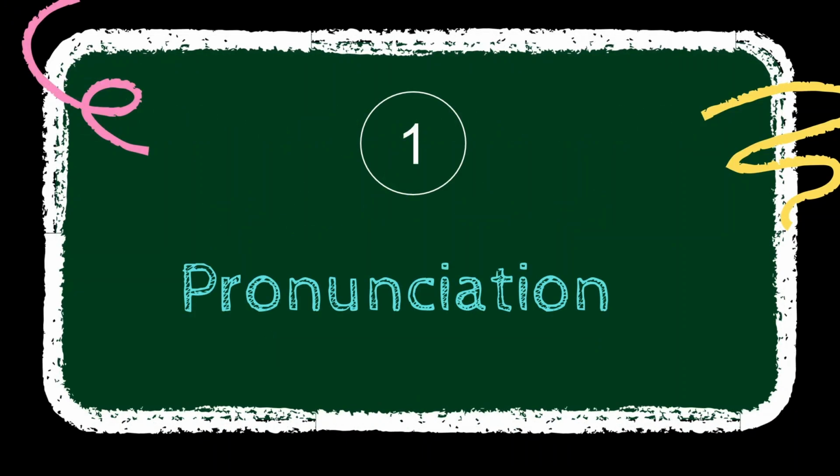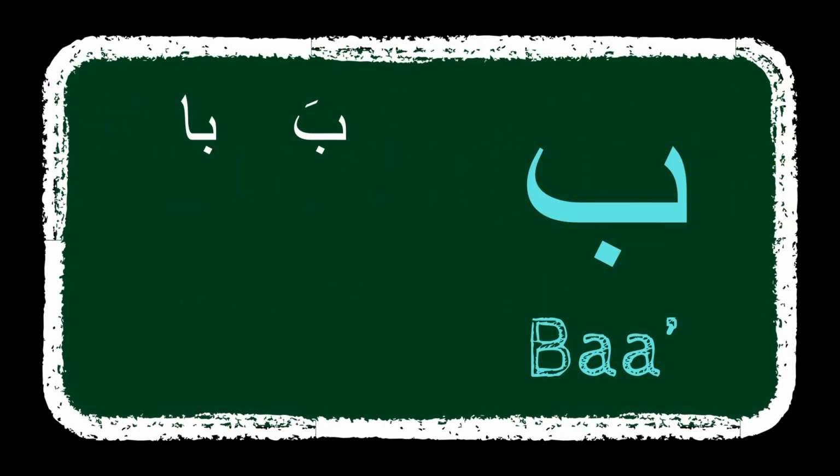Let's start with the pronunciation. Let's start with our first letter. This is ba. Okay, this is the name of the letter. You know this by now. Ba is the name of the letter, and this is how it's going to be pronounced with long and short vowels. So we have ba, ba, ba,